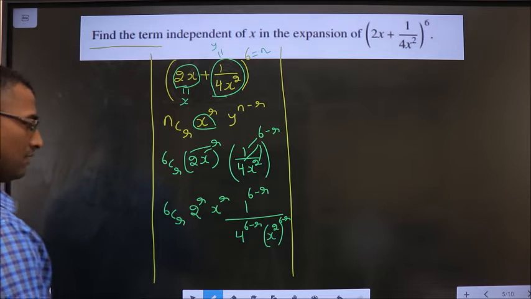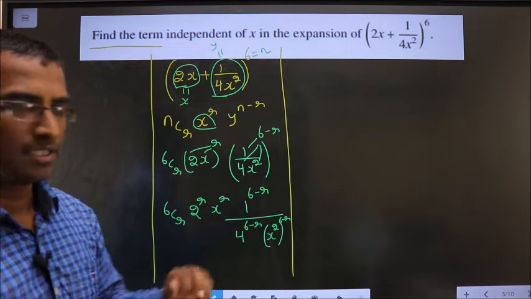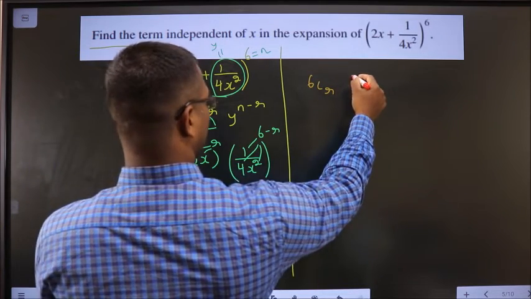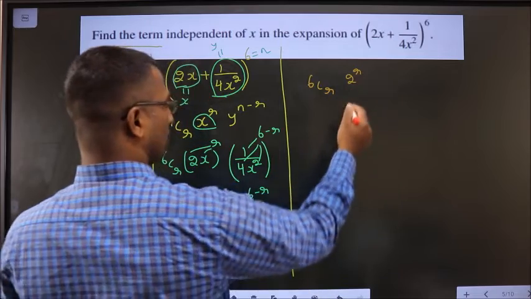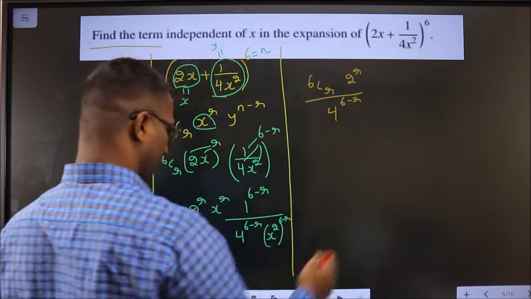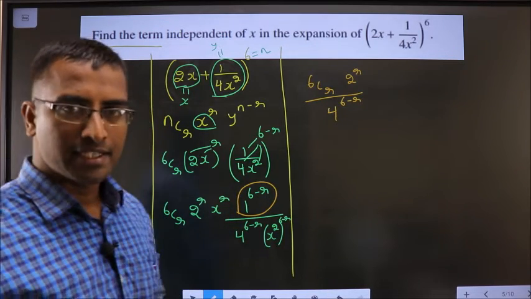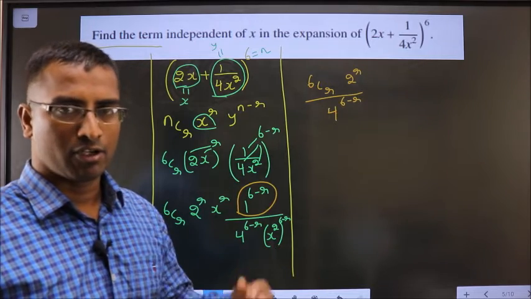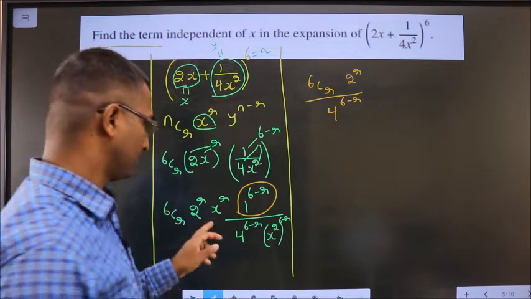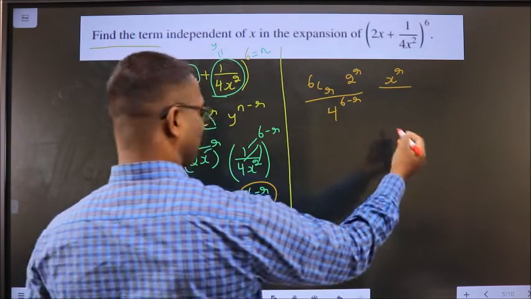Now, write the x terms at last. What do I mean? See here, I write 6CR 2 power r by 4 power 6 minus r. Now, 1 power anything results in 1, so whether I write 1 or don't, it is not going to make any difference. So I am not writing it. And x power r at last, divided by, now,